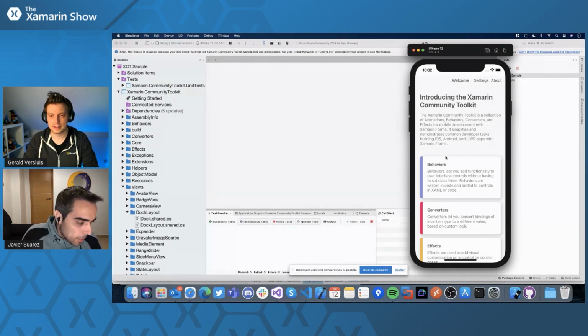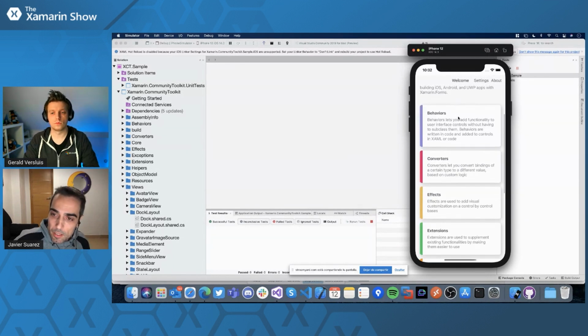Maybe you have a behavior that is very useful and you have copied again and again between projects, but it's not big enough to create a new library. But yeah, the community toolkit is the perfect place to put that behavior and contribute to the community. And then you will have not only this behavior in an easy way in the next project, but also you will have the feedback from us, from the community, to continue improving the behavior. And yeah, everybody is winning with that.